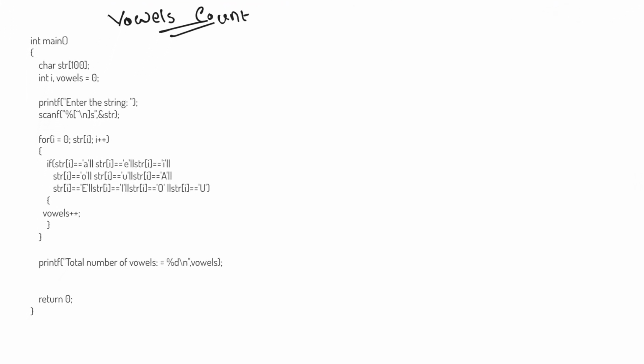In this video, we'll try to understand the logic for finding the number of vowels in a particular string. This can be implemented in different ways. We can count the vowels and print the number of vowels present in the string, or check if there exists any vowel in that string, or print both the number of vowels and all the vowels